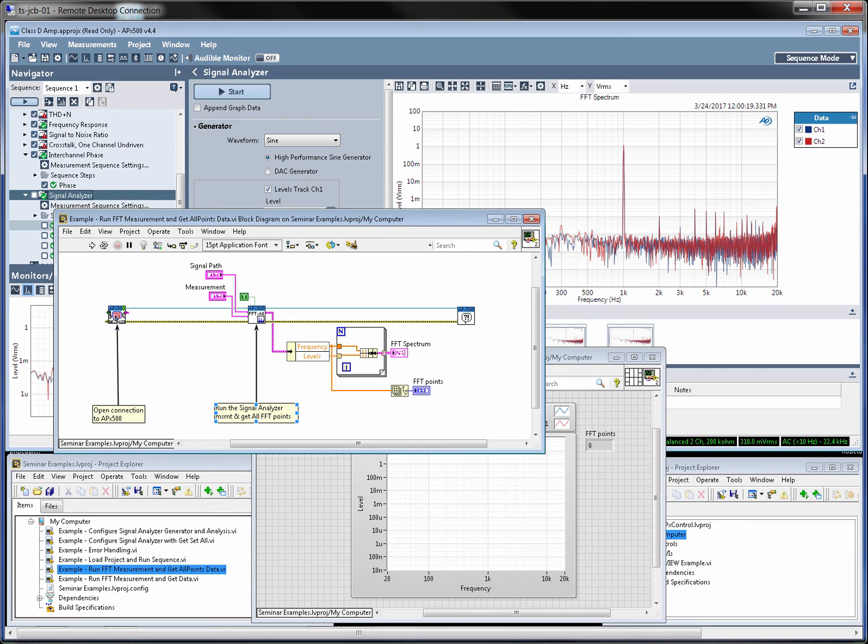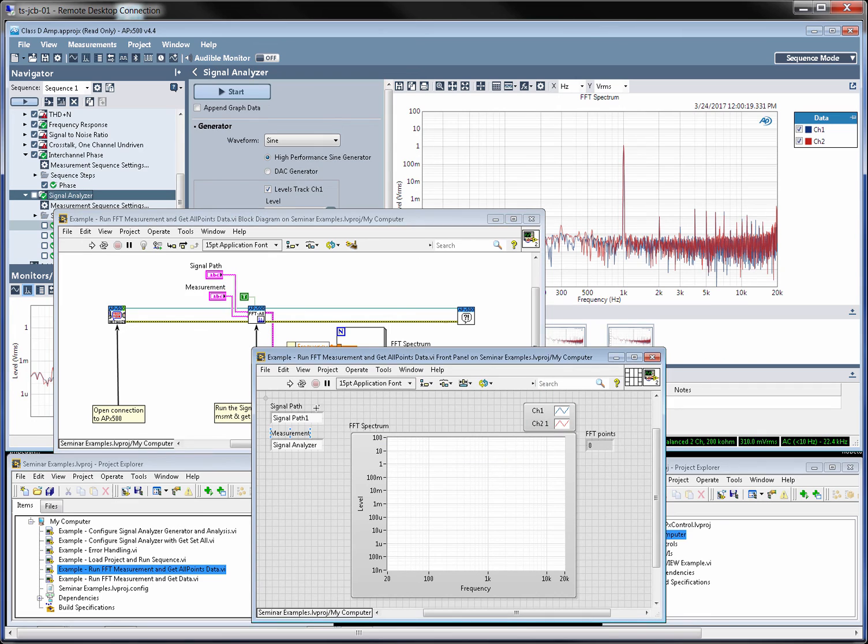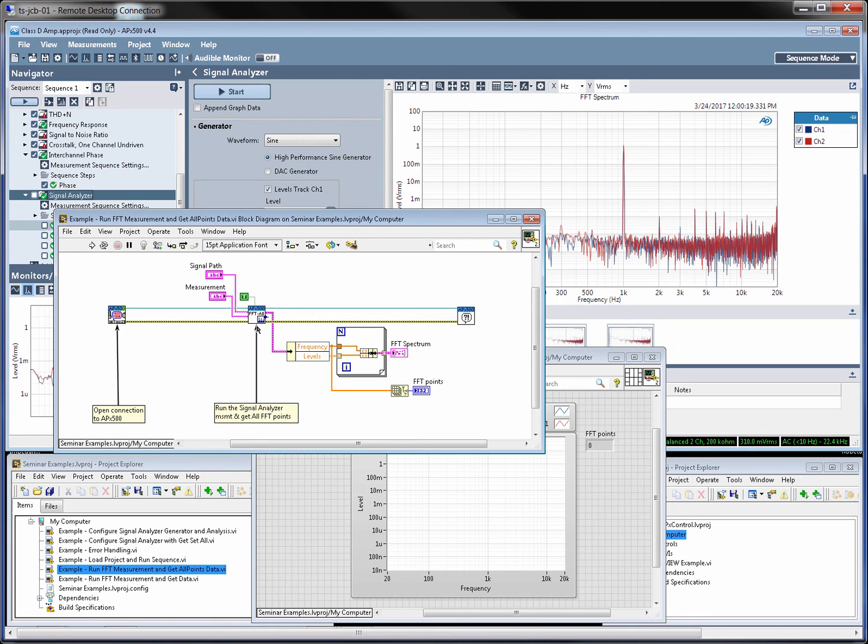So here we have the APx open VI that gets the reference to APx or opens the software. We form the signal analyzer. This one is a little bit different. We pass in the name of the signal path and the name of the measurement, which would be on the front panel here, signal path 1 and signal analyzer. We just run this